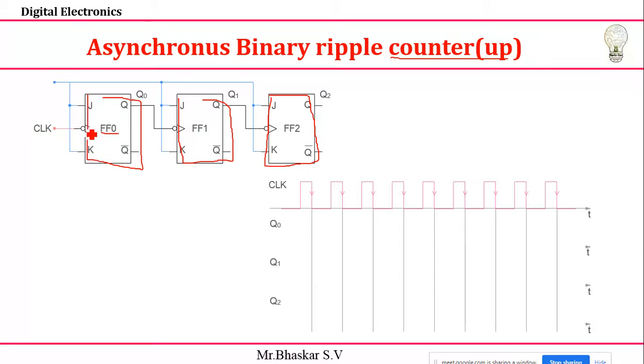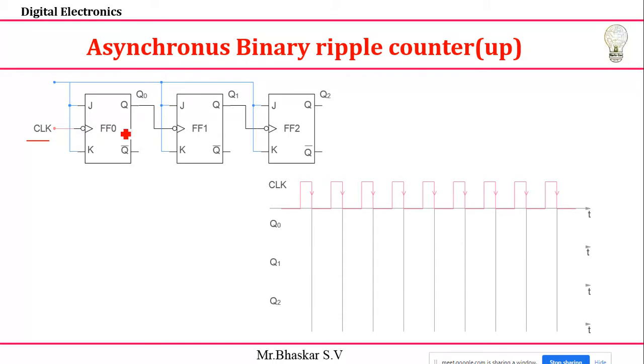You just see that I'm going to use bubbles for every clock signal. I'm going to mention the bubbles first. After that, I'm telling you it is an asynchronous counter, right? An asynchronous counter is nothing but you can't give a common clock for all the flip-flops. What I told is that you need to give a clock only for the first flip-flop.